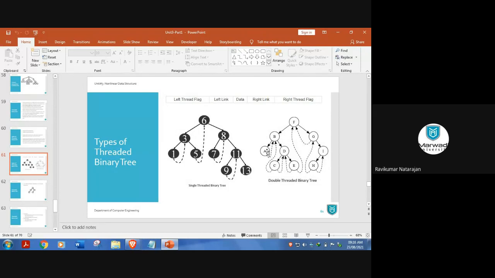Now there might be a question. You see here, for this A, the left pointer will be null, and the right pointer is also null. So for this left pointer, I have a null, but I want to somehow connect this one to something, right? But there is nothing, because even if you connect here, you can't find any node.